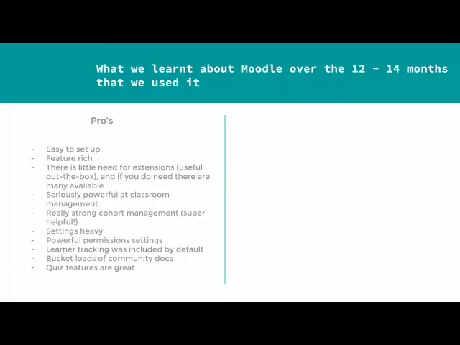But then we started running into challenges. And the cons that we found was, firstly, we just started finding Moodle, the more we used it, to be quite clunky. And it's hard to explain without you actually diving in and using a Moodle instance in comparison to a WordPress instance.